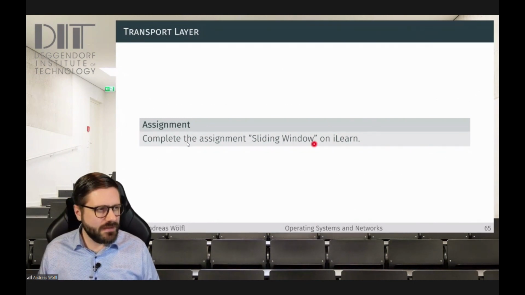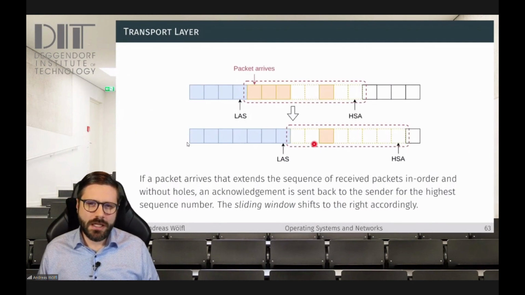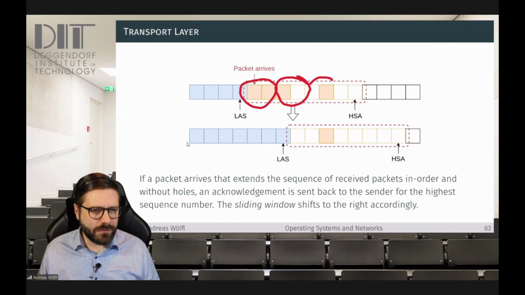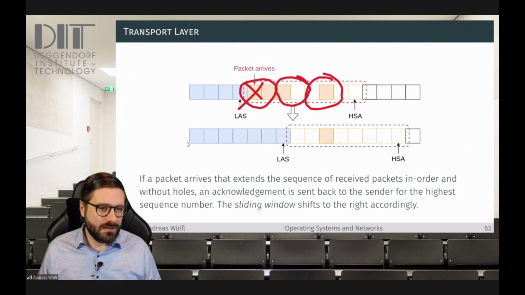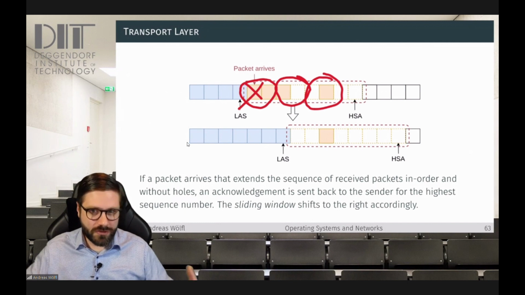But unfortunately, this will not have a benefit, because still, if you do groupings, like this is a group, and this is a group, and this is a group, still, if this packet is never received, then the receiver needs to wait for this packet to be received in order to guarantee, like the TCP